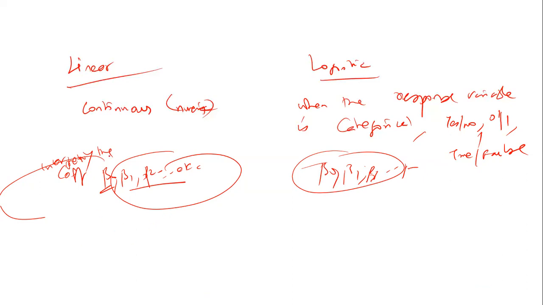And in the case of linear regression, it uses the OLS method, ordinary least squares, to estimate the values